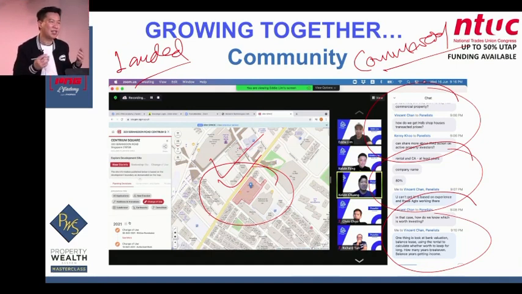And the best part, this training is even accredited by SSG. Meaning to say, if you are an NTUC member, you can even claim 50% off the course fee. Means to say you apply for the course and after that you can claim a 50% rebate back. Because our course material has been assessed, as we are all accredited, assessed by MAS, CEA. So all our content is solid and good to go.